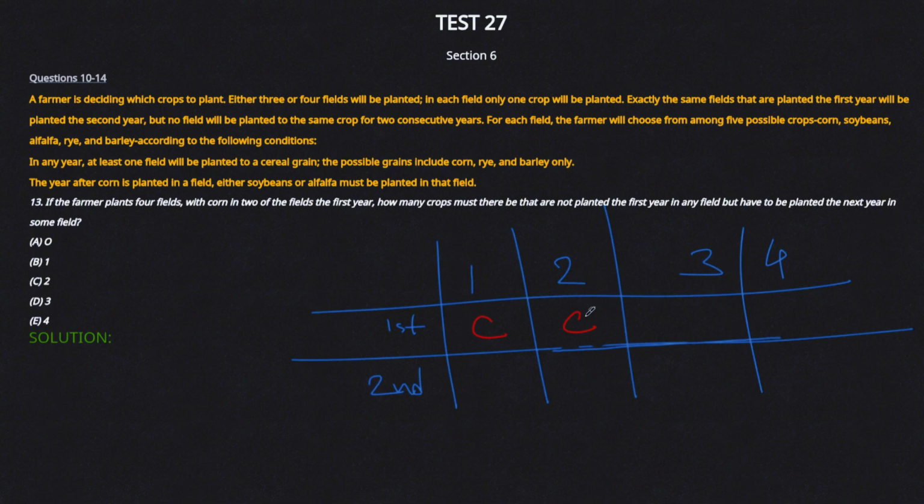How many crops must there be that are not planted the first year in any field but have to be planted the next year in some fields? Okay, we have corn, and let's just say for the second year we can have either alfalfa or soybean. Again, alfalfa or soybean. So it says must, right? So for must, if we need to have any of the crops that are not planted in the first year to be counted in the second year, then we need to make sure that